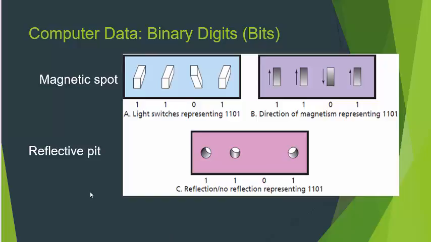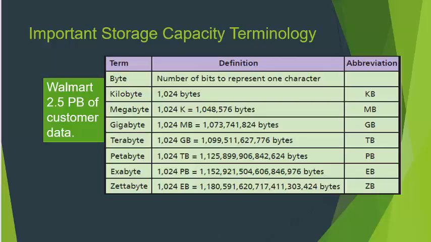Used to be when I had this class a long time ago, they actually would give you binary code and you'd have to translate that into what letter of the alphabet it was, and maybe even type out a little note. And so that's not the case anymore. It's just to give you some understanding of, at the lowest level, that's where it starts, with these bits of zeros and ones, and that eventually represents a character. So typically 8 bits will represent a byte, and 1 byte represents a character. When we say character, it's something on your